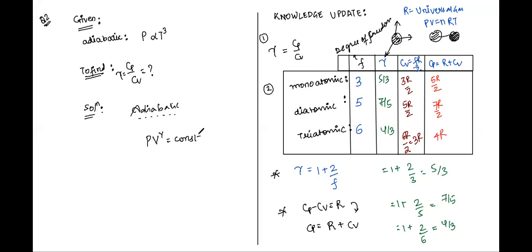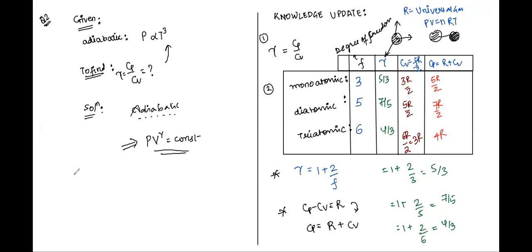So now when PV to the power gamma is a constant, can we see a V here in the equation, by the way, Karuna? No, right? We can't. Can we bring a V here in the equation? Can we set this equation, the proportionality equation, into this form? Think. How can we do it?